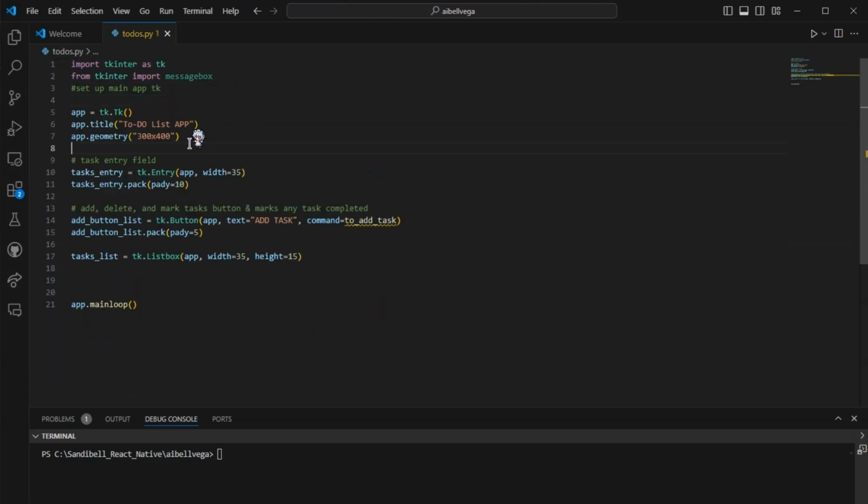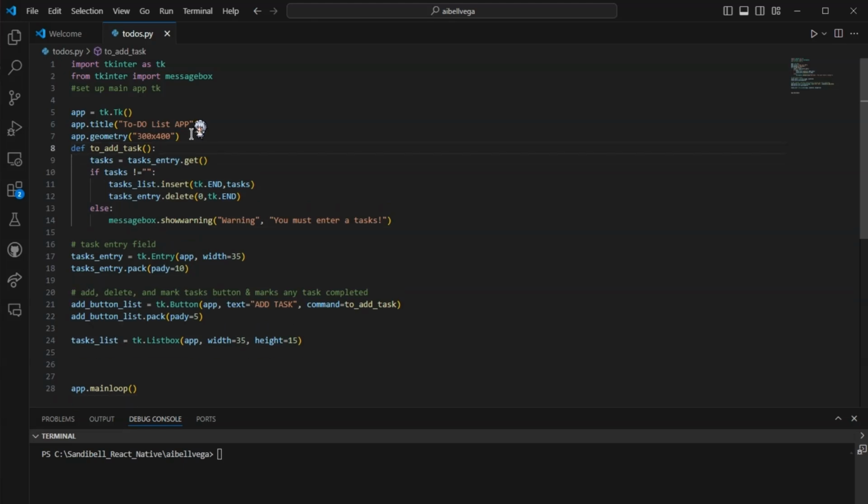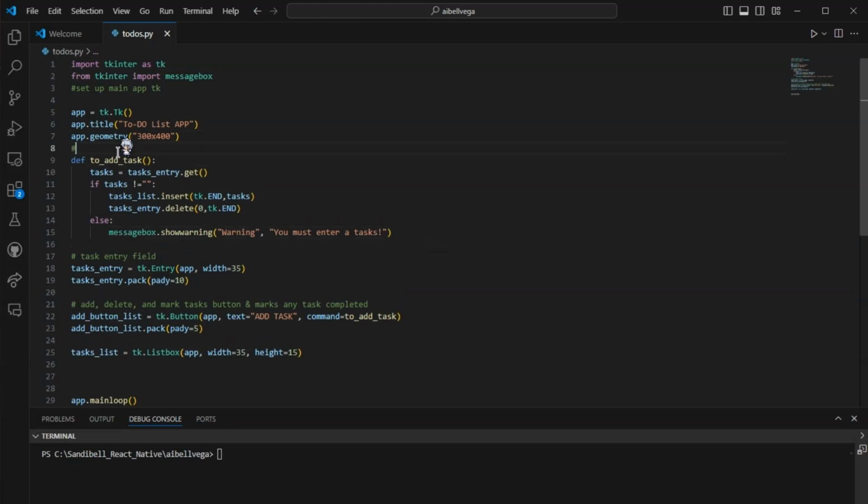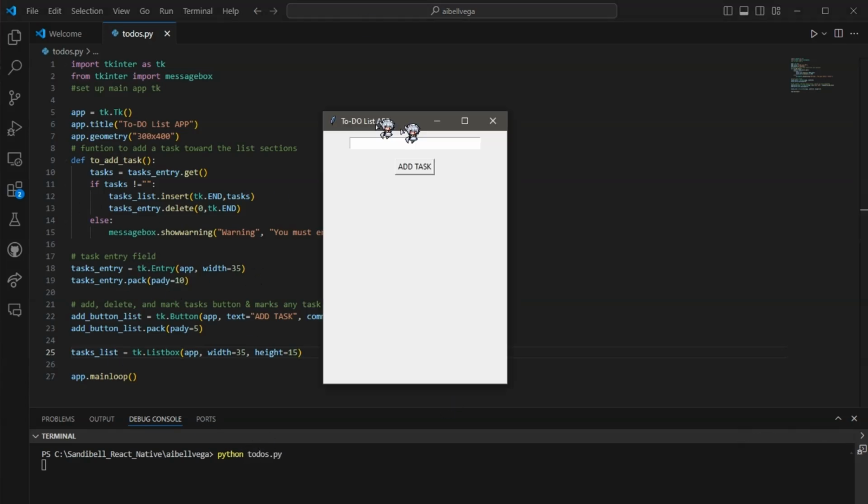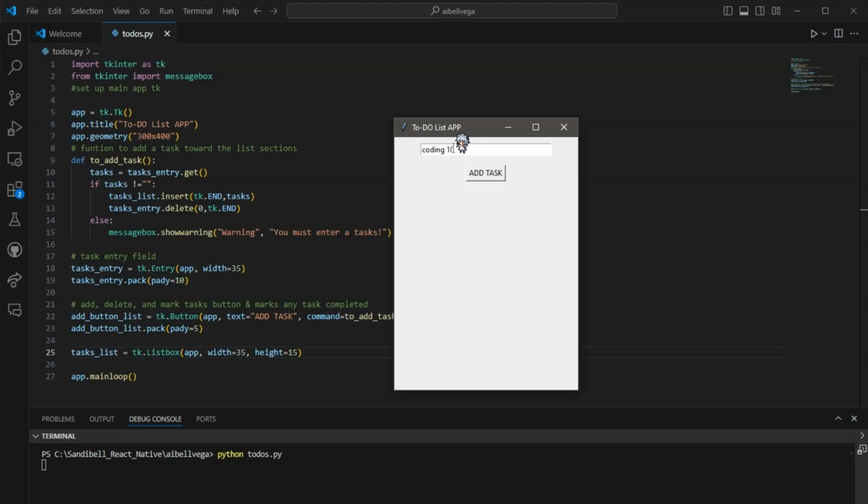Now, let's create the GUI components. The entry widget for task input, buttons to add, delete, and mark tasks as completed, and the list boxes for displaying tasks. Don't be afraid to experiment with Tkinter. Try out different widgets, colors, and layouts. Building GUIs should be enjoyable and creative. Embrace the learning process and celebrate your achievements along the way.